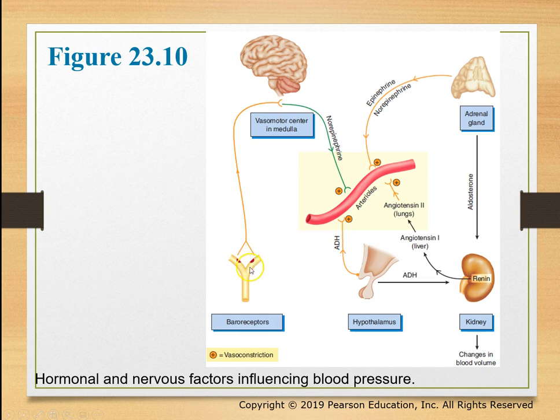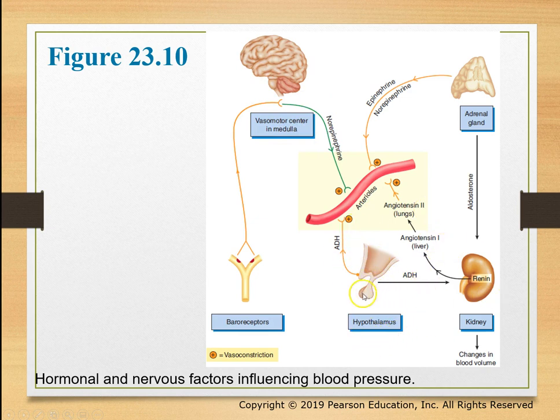It's these baroreceptors that will detect a change and then send that information into the brainstem, right? And then there will be some response that's emitted, so norepinephrine might be released, that will then go to the blood vessel, to the arteries, right, and basically cause them to constrict, okay, and increase that blood pressure. And so that's nervous system, right, going to the brainstem here. This is showing you the hormonal regulation, right?